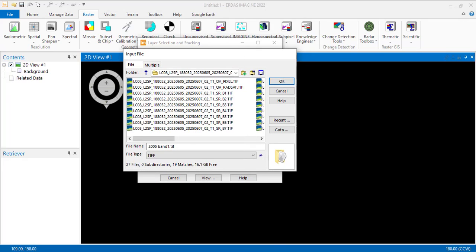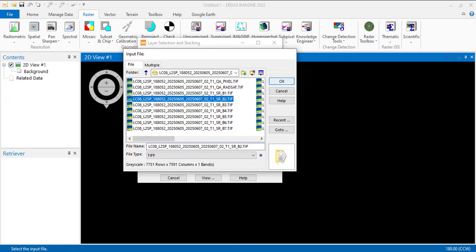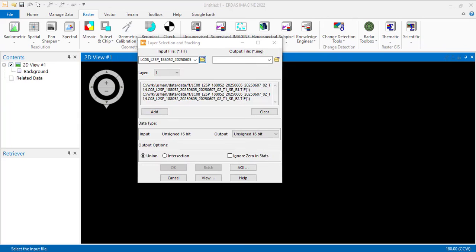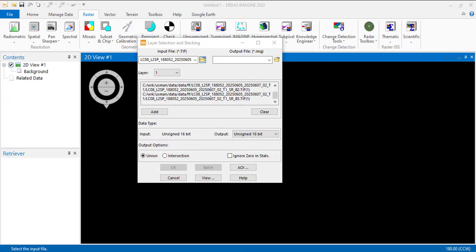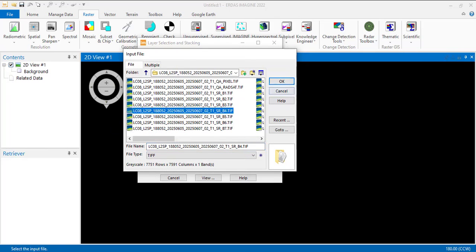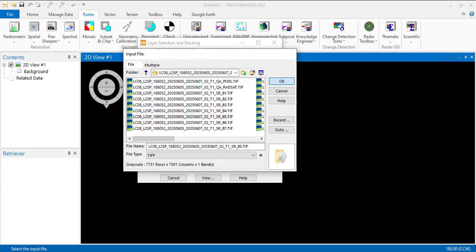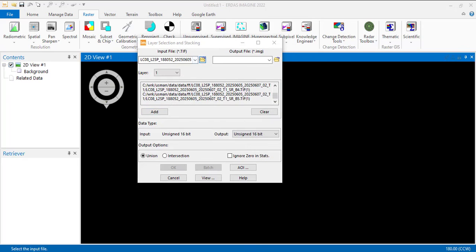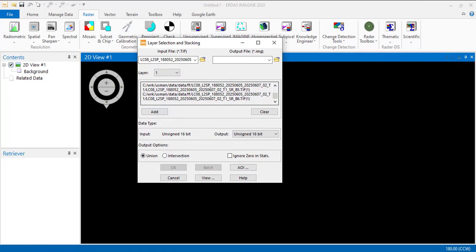Okay, so for Landsat 8 we have bands 1, 2, 3, 4, 5 to 7. So we click on one band and click on OK, add, go again, click on 2, add, click on 3, add, click on 4, OK, add, click on 5, OK, add, 6,